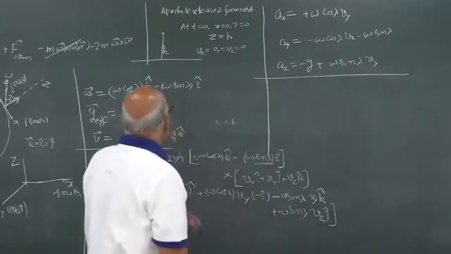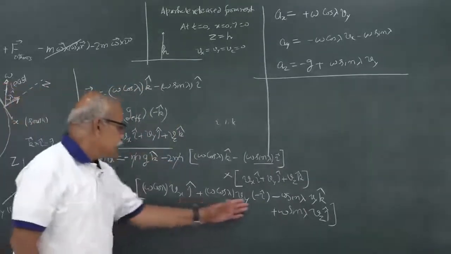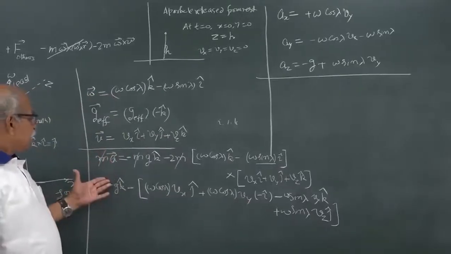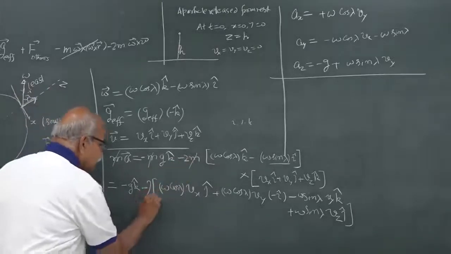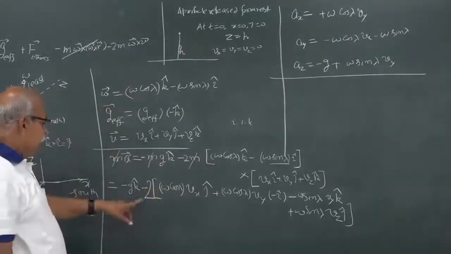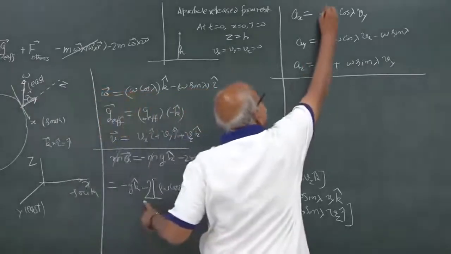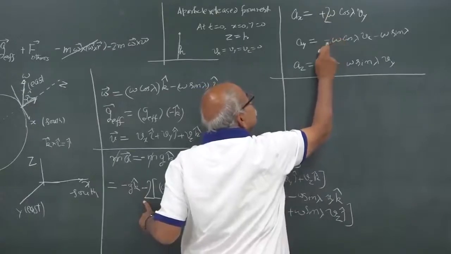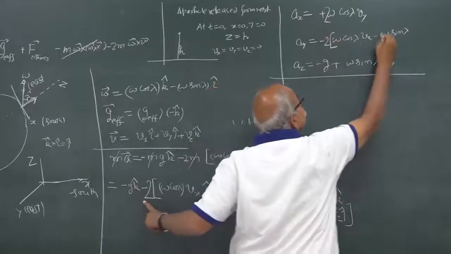So, let us compare once again. Here is acceleration, and I am writing the three components, x component, y component, and z component. This 2 is here, and the 2 will be there. Everywhere this will be 2 here, this will be 2 here. So, maybe I can put minus and 2 common, and then this,